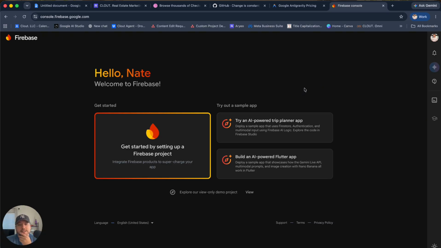So once you understand Firebase, this is where you host your actual checkout platform. It's going to give you a generic URL, and that would work if you didn't have your own custom domain, right? So a custom domain for us would be www.cloutrealestate.com. Yours is probably going to be www.mediaagency.com, right? And you don't want somebody to go to a generic URL to go through your checkout